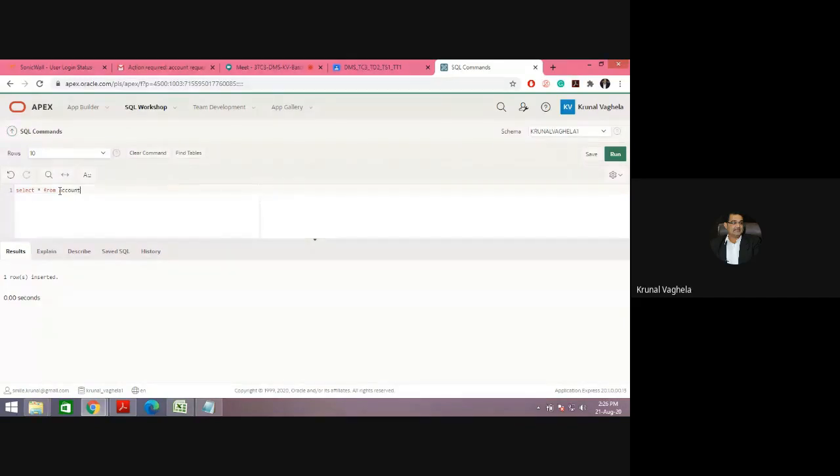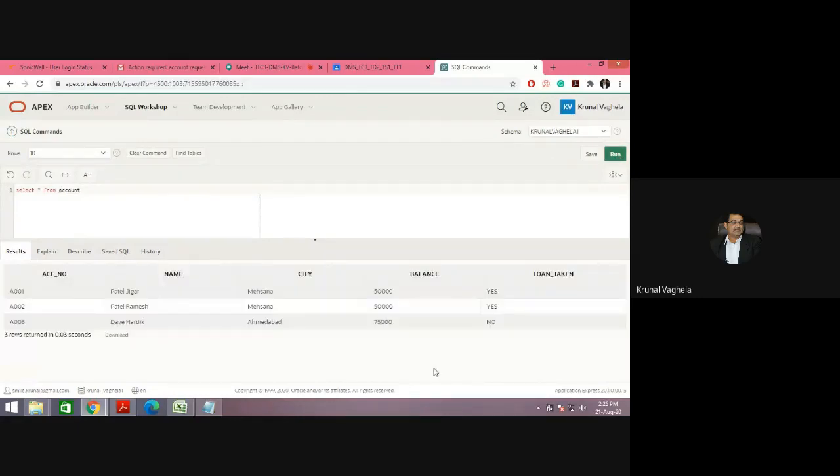Select star from account. Run. See, this is your output. A001, 2, 3. So you have created the table and you have inserted the data.